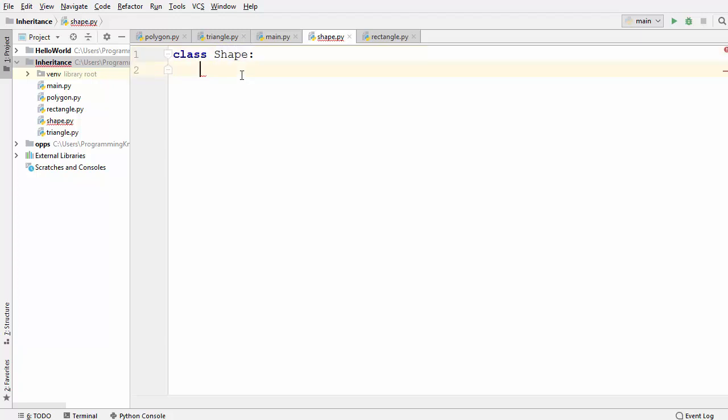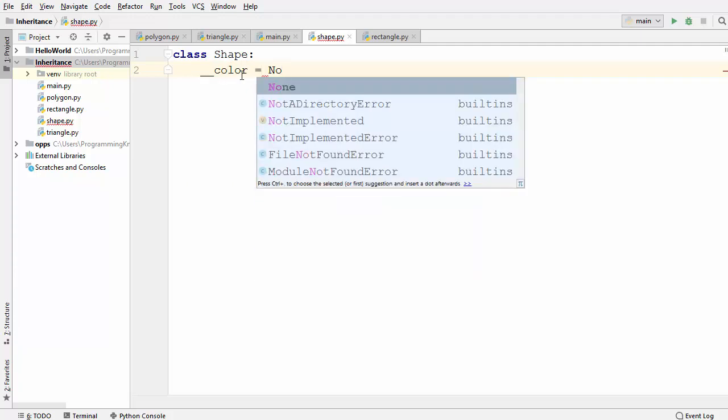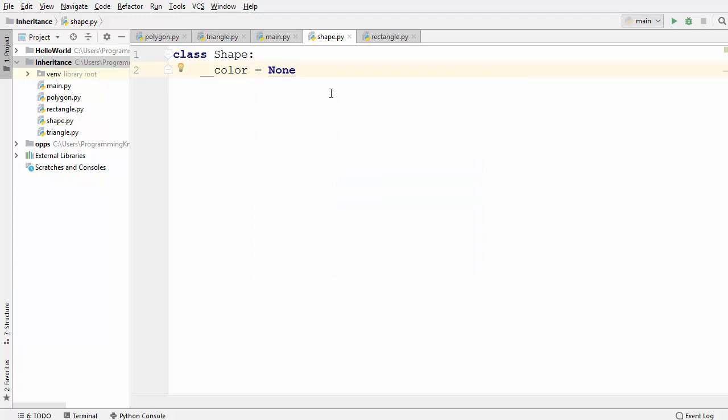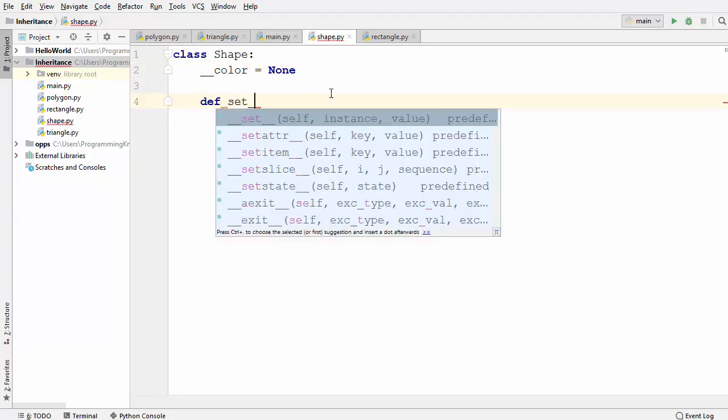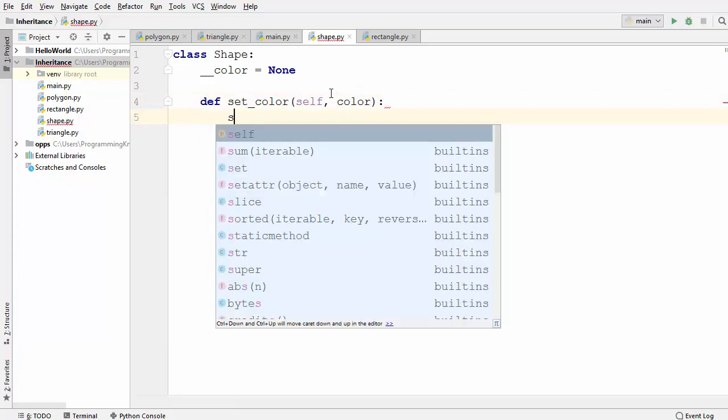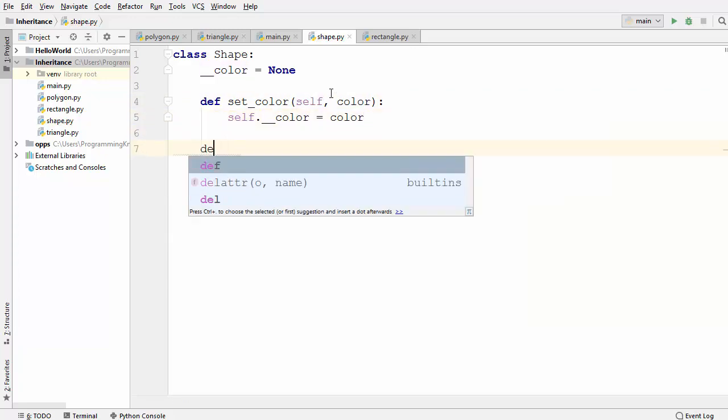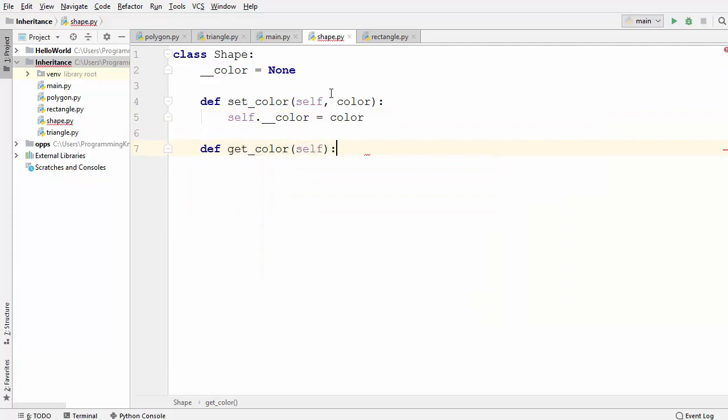I'm going to define a private variable called color and initialize it with the value None, and then define the setter and getter for this color attribute. So let's define those. Now we have defined the setter and getter for this color attribute.